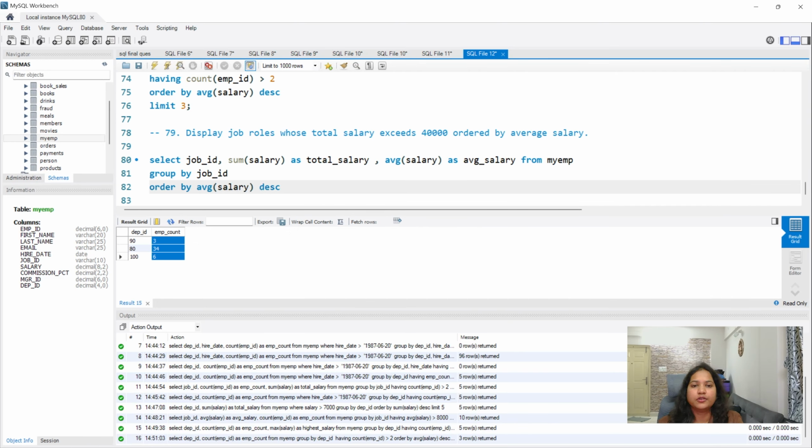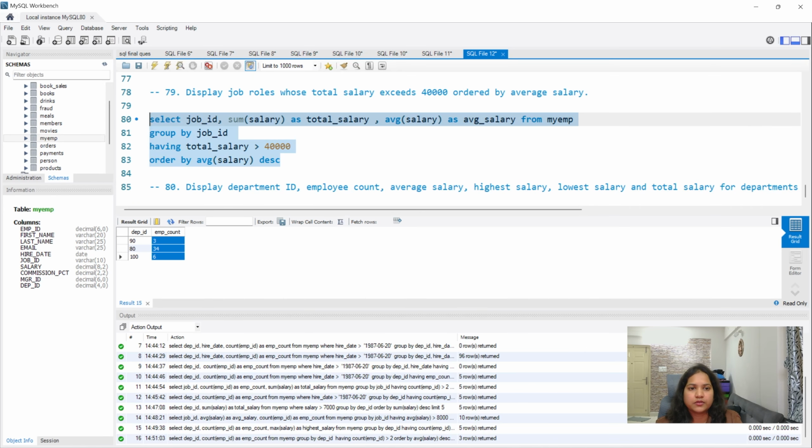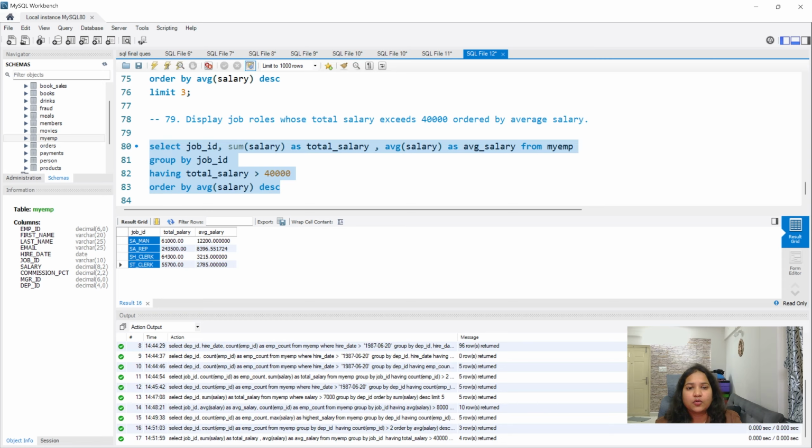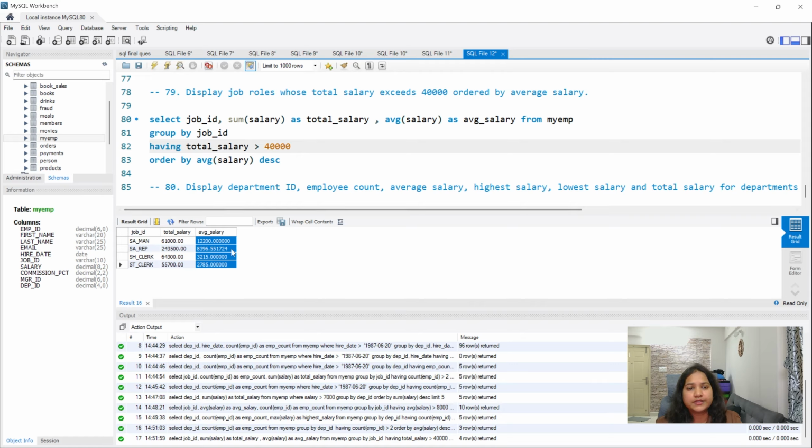The descending order, and they said total salary exceeds 40,000, right? So this one having total_salary exceeds 40,000. Okay, so run this. Now you will see the job IDs wherever the total salary is greater than 40,000, and also they're ordered based on the average salary in descending order.